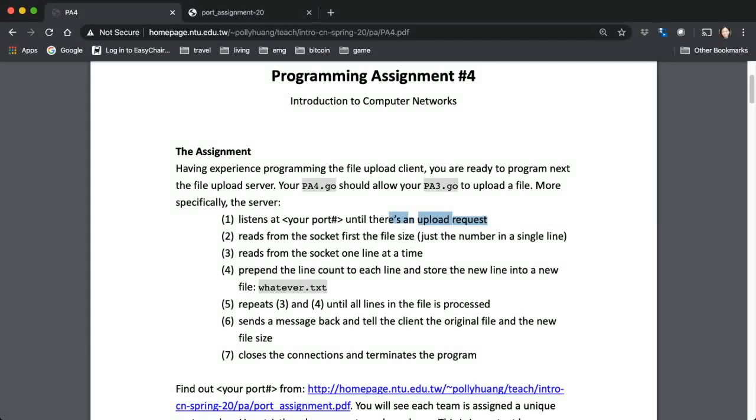It then will begin to read first the file size. Recall back, your pa3.go sends first the file size as a number in a line. And then it begins to send the file. So your pa4.go will then read one line at a time. So this is the actual file counter. For each line, you prepend the line count and then store the new line one line at a time again